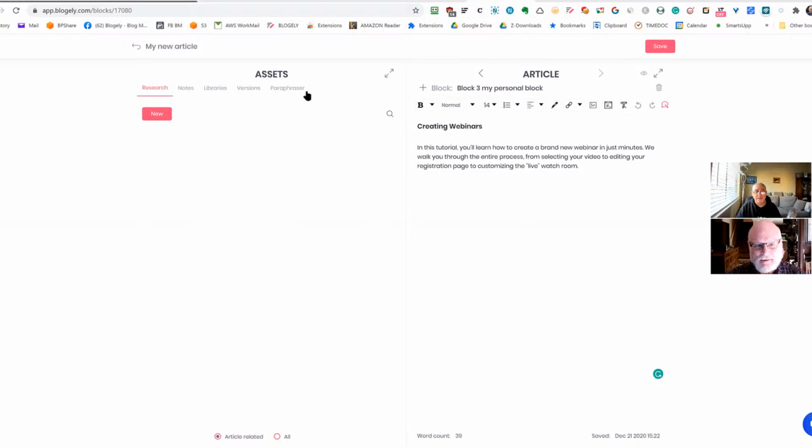Make sure when you open the assets, just pay attention. We do have multiple tabs, and also pay attention to the bottom. We have filters built in at the bottom. This is the only place where we keep the filters, but you can easily understand that